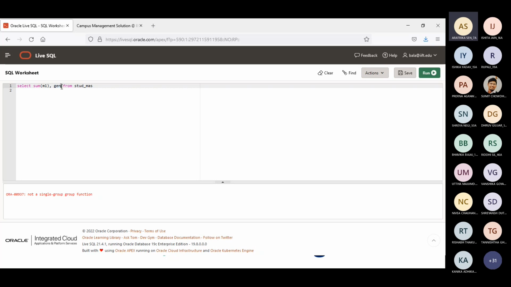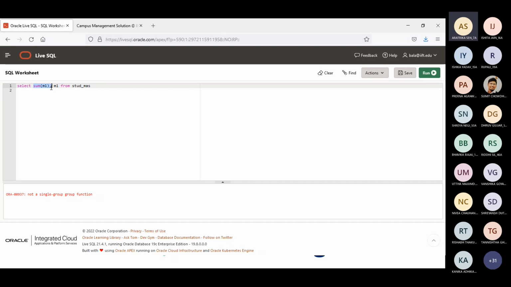Suppose if you are putting this, again this won't run. Though M1 and sum of M1 use the same attribute M1, it won't run because